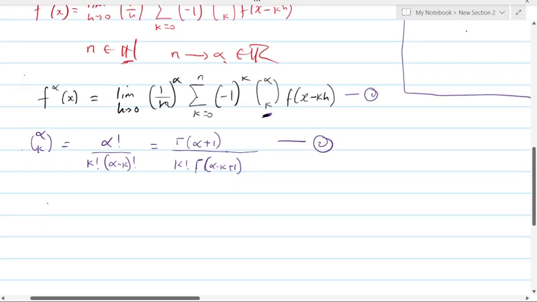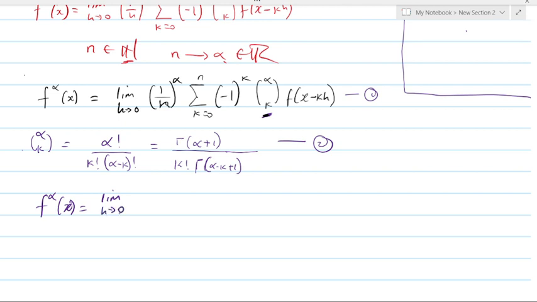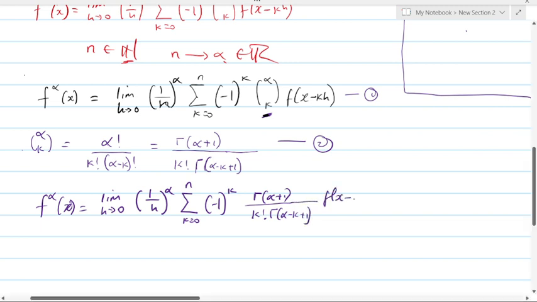So we have something like f alpha of x equals the limit as h tends to 0 of 1 over h to the alpha, summation, minus 1 to the k, then we have gamma alpha plus 1 over k factorial gamma alpha minus k plus 1, then we have our f of x minus k h. Okay,